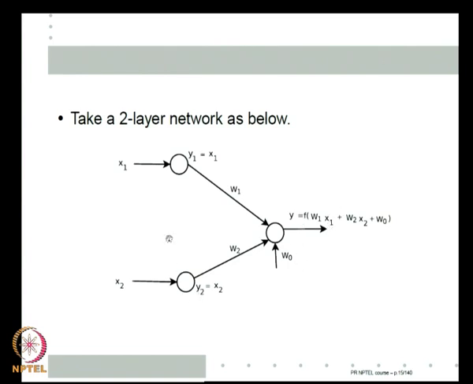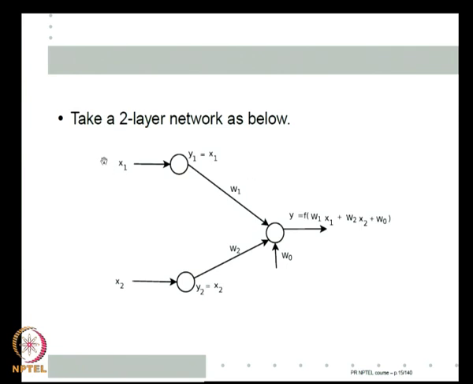Okay. Now, suppose x1 becomes 1. If x1 becomes 1, I want the output to go to 1. Now, what changes in the net input? Because x2 is still 0, this is still 0, the old w0 is still there. So, the only extra one is, because this output is 1 now, I am getting an extra w1 in the net input. So, f of w0 should be close to 0. So, w0 should be some negative number, but f of w1 plus w0 should be close to 1. So, w1 should be sufficiently positive to overcome this minus w0, right.